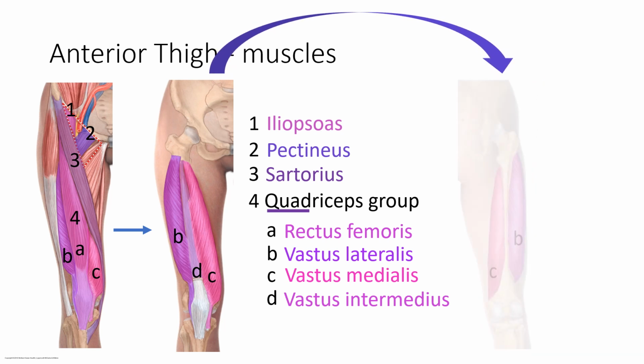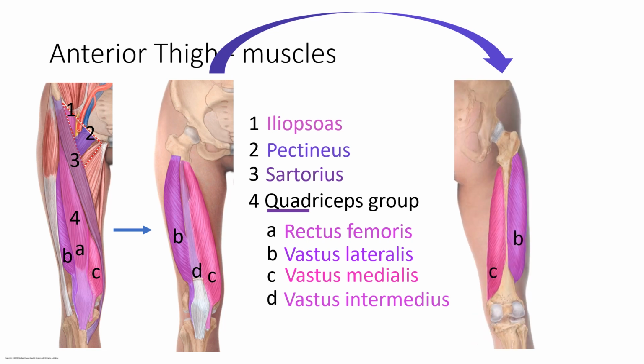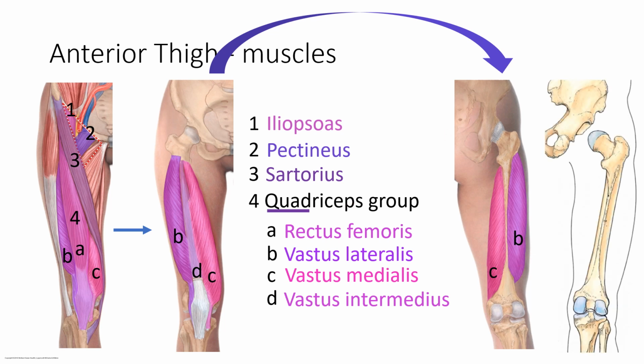Now, if we were to take that picture and swivel it over to the posterior side, with our vastus lateralis and medialis still intact, we can see where they attach on the posterior side of that femur. If we look at just the femur itself, we can see that little groove on the back called the linea aspera. There are several muscles that attach to this groove, and one of the major ones is the vastus lateralis